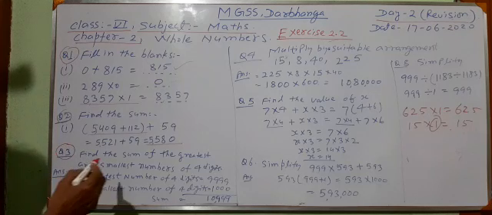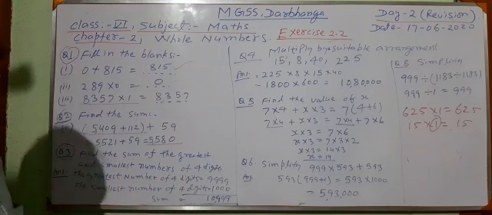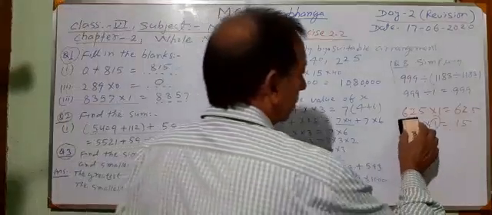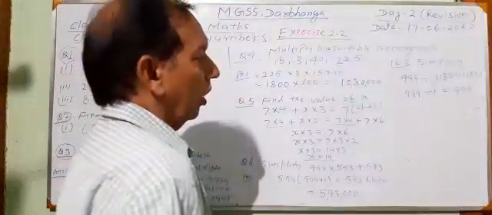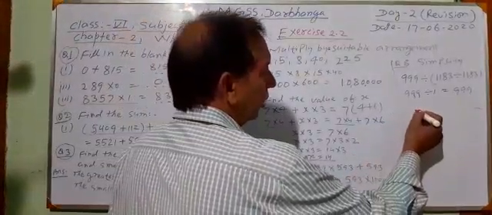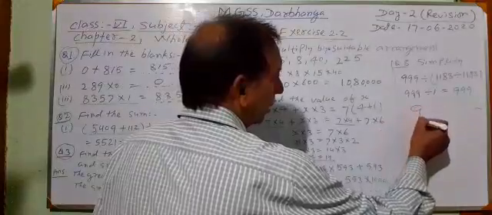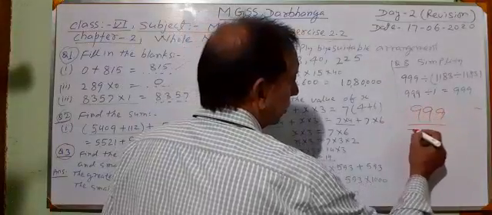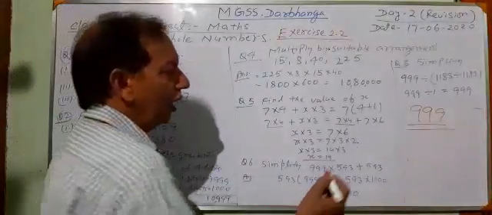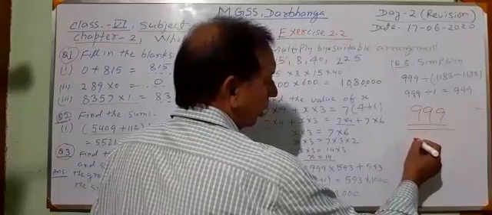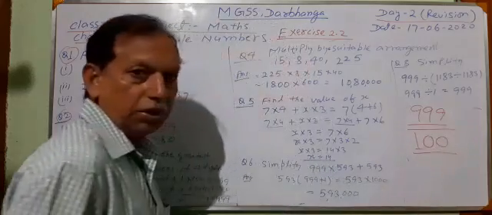Now question number 3. Third question is find the sum of the greatest and the smallest number of 4 digits. One thing again to memorize, we can say largest number or greatest number, and smallest number. We write the greatest number by using 9. If we have to write the greatest number of 3 digits, we shall write 999. If we have to write the smallest number of 3 digits, what shall we write? We shall write 1 and then put 0s. This is the smallest number of 3 digits.